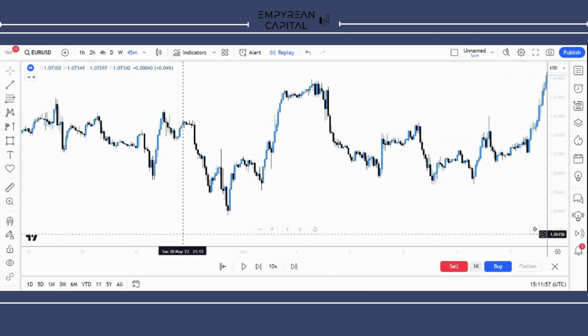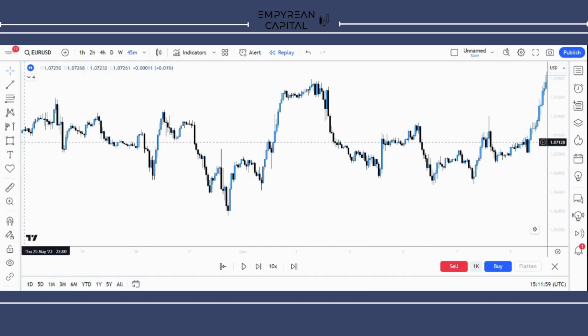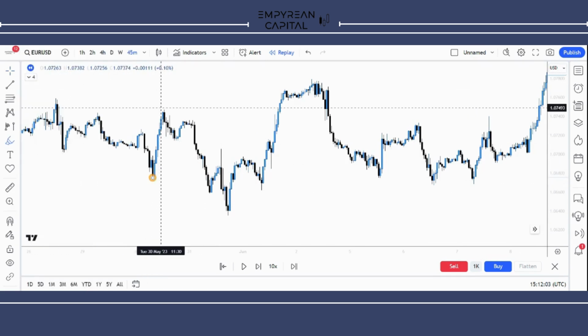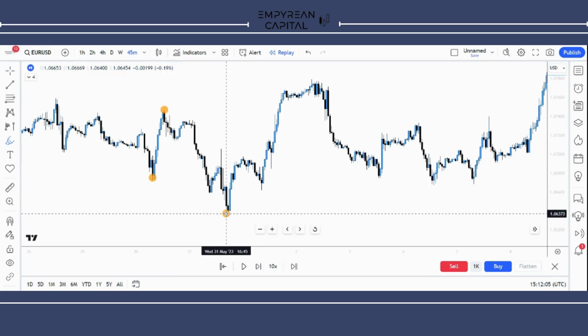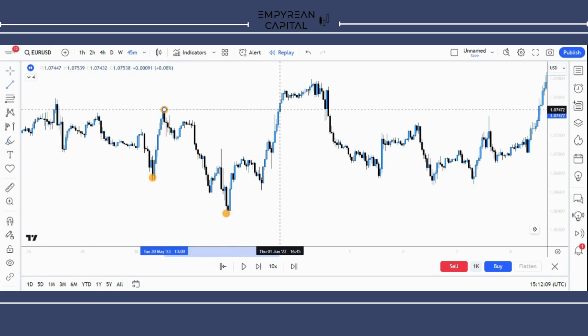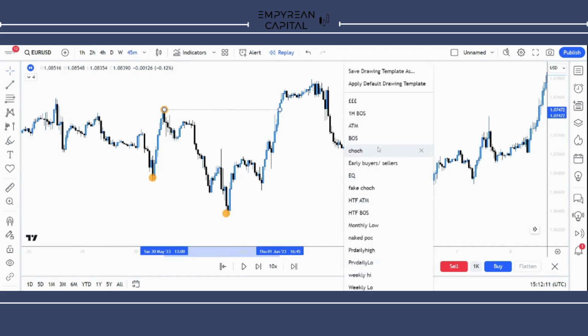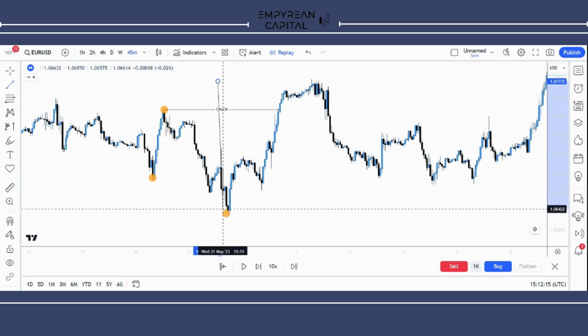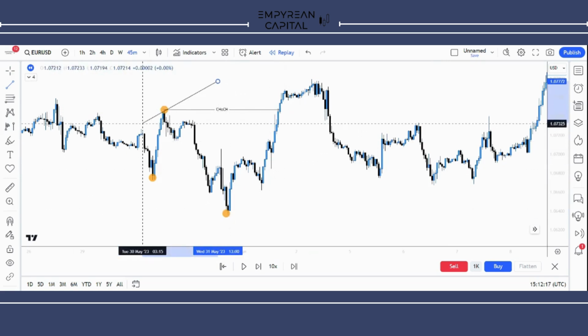So the first thing you want to do is identify your trend. So we can clearly see that EURUSD was creating lower lows, lower highs, lower lows. And then what happened is that the market created this bullish change of character over here as price broke above the most recent lower high, which was this one, that made a lower low, confirming that this is a bullish